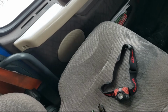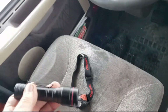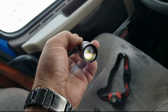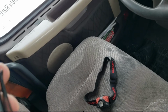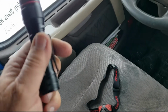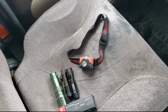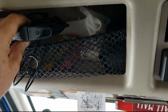And then I got this Nebo flashlight from KFW, and this is pretty handy. It's kind of an EDC flashlight. It's really pretty bright. It's got the belt clip, and it's got 2 different ways to carry it. You can carry it face down, or you can carry it face up. And my headlamp, so I've got 4 different flashlights, and up here in my overhead cabinet, well, anyway,